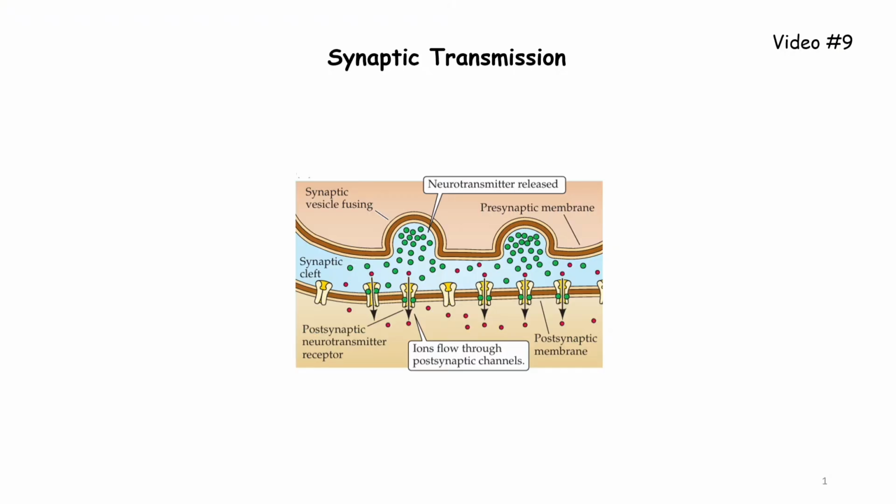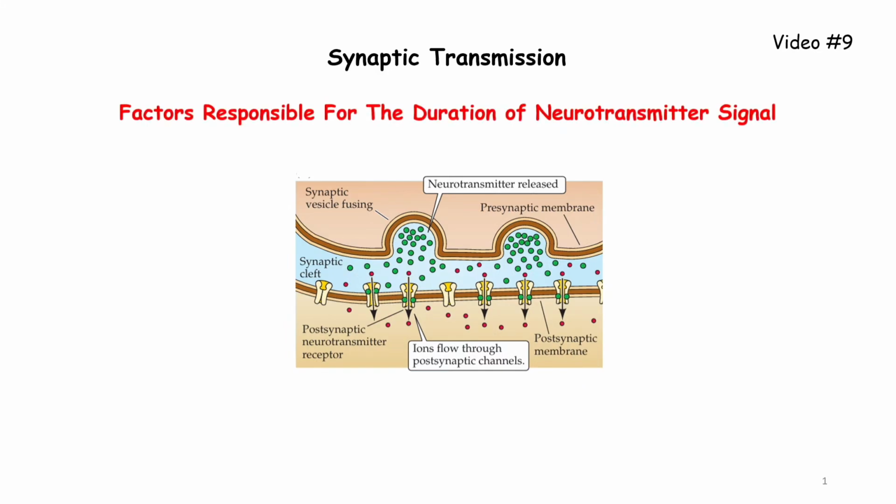As we have learned, neurotransmitters are released by the presynaptic neuron, and then these neurotransmitters bind with the neurotransmitter receptors that are present in the postsynaptic target cell membrane. Now, when the neurotransmitter binds, the receptor opens and ions flow through it, and in this way communication or signal transmission occurs. Now, in this video, we are going to learn about factors responsible for the duration of neurotransmitter